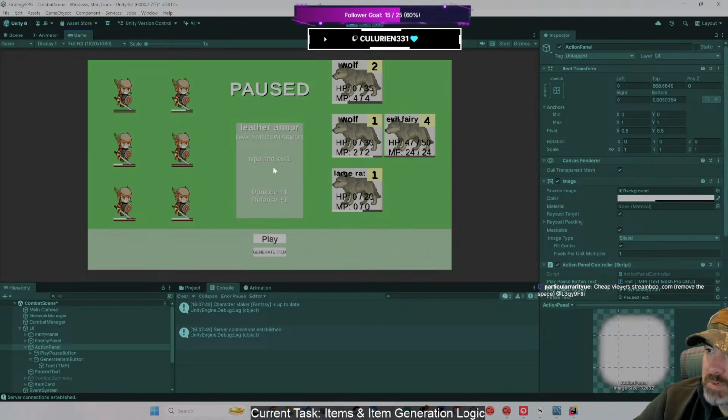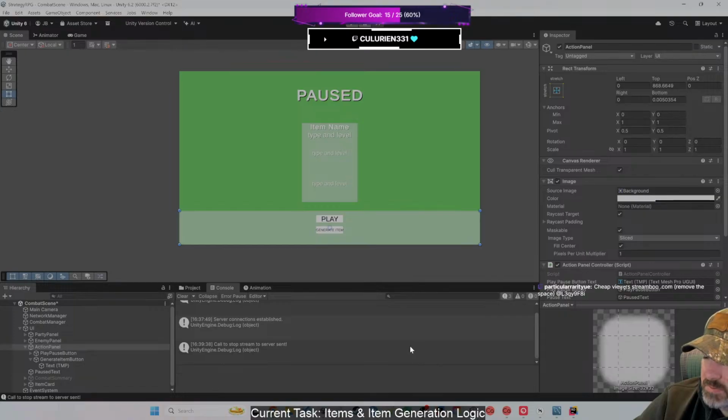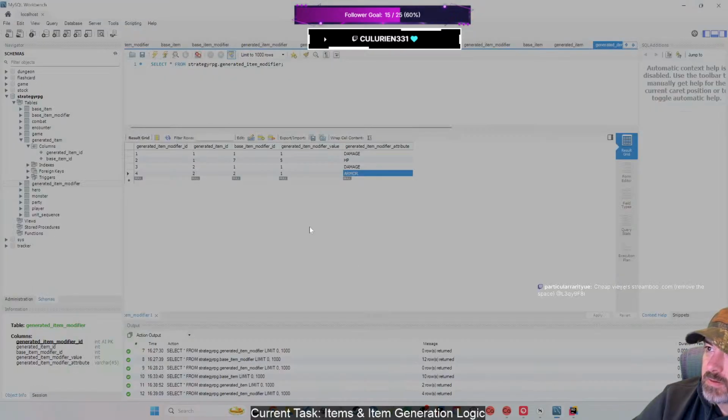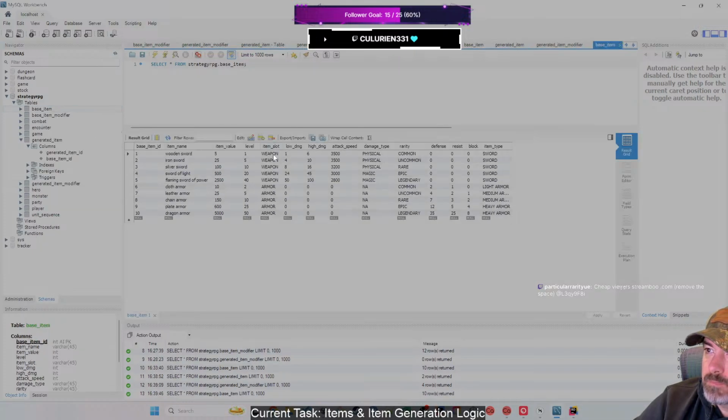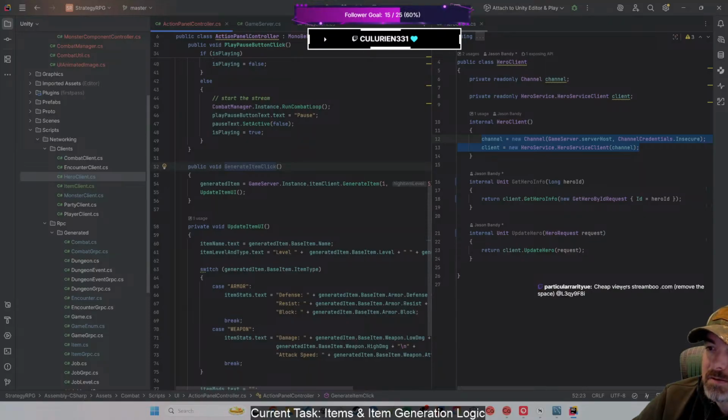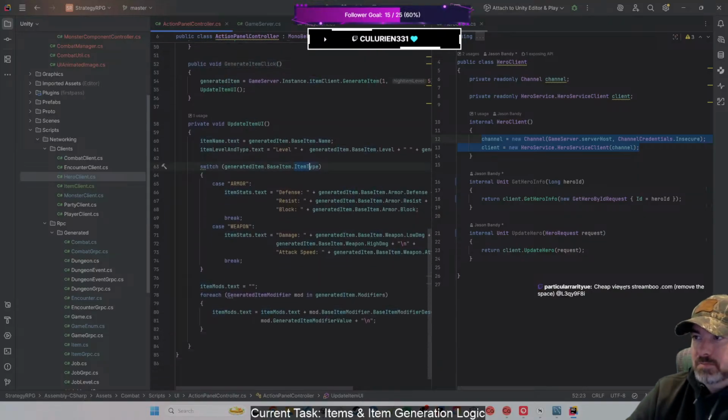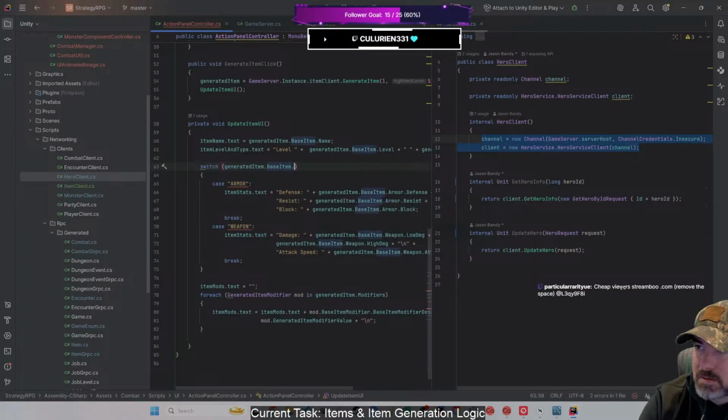Or let's go ahead and stop and try to look at why the type and the level's not working. It's probably my switch statement isn't matching up to the data. So right now I was comparing it to what? The item type, wasn't it? Really what I wanted was the item slot. That's where I messed up. So I need item slot and not item type in that switch statement. Base item dot item